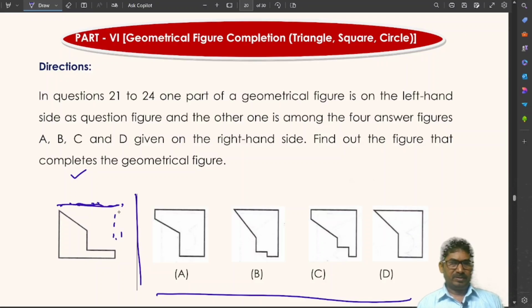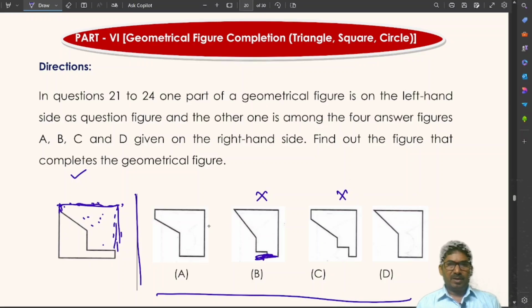Which part completed this? So that is the correct option. See carefully. We have to observe this part first carefully. This is the part which we have to choose from the question figures. Maybe this is absolutely not. See carefully here. This is not absolutely the correct option. So next,